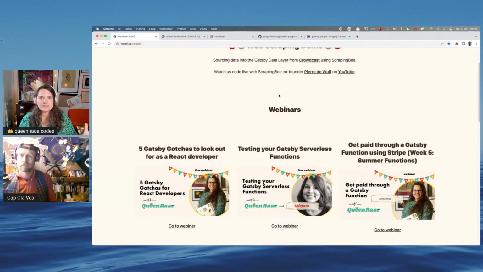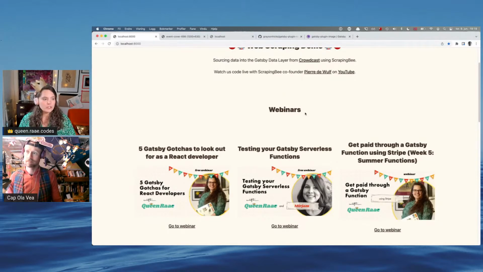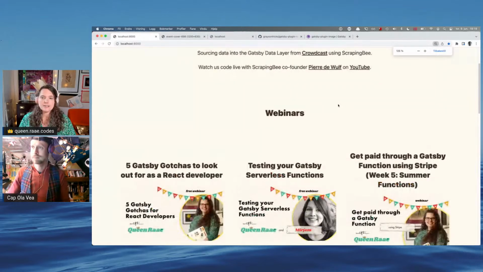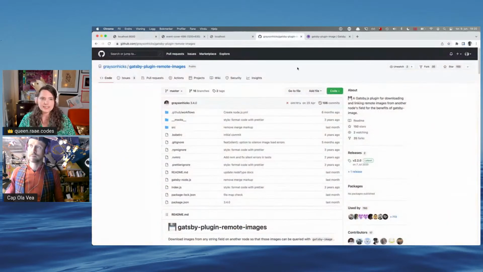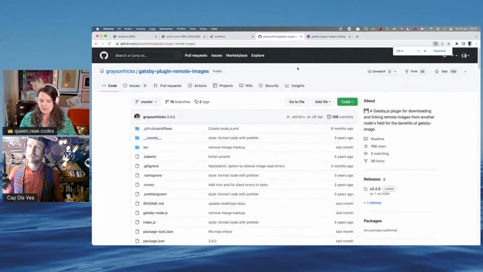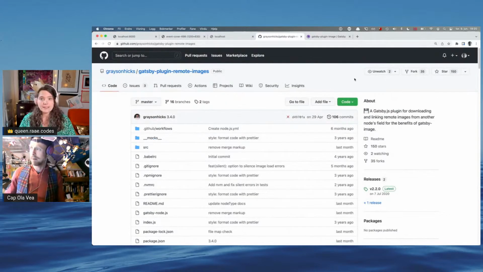So a way to solve that is to download these images as part of our build, so that we know they will always be there and we can treat them as local image files, like we do with normal images that we have inside the folders of our Gatsby site. And to do that, we could code it ourselves and use createRemoteFileNode. And we've done that in several streams. I'll try to link to those in the demo. But today we are going to use Grayson Hicks' Gatsby remote image. Yes. So let's just follow his